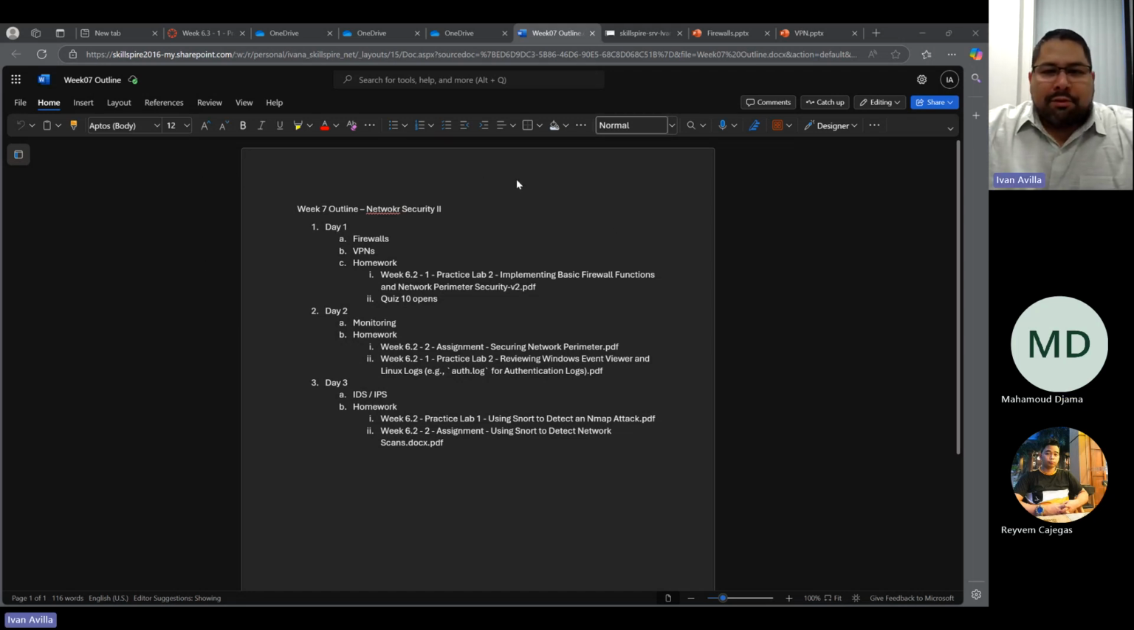All right. So welcome to week 7. We're just going to be continuing, doing a bit more on the network security side. Here's the overview. Today we'll be covering a bit more on firewalls, VPNs, and there's going to be a firewall implementation lab. Day 2, network monitoring, and